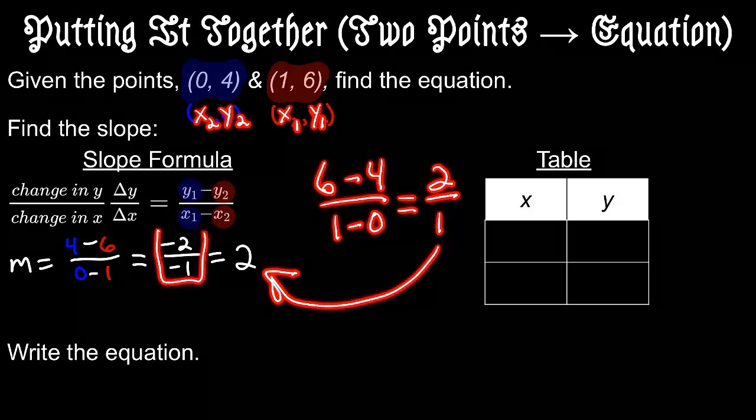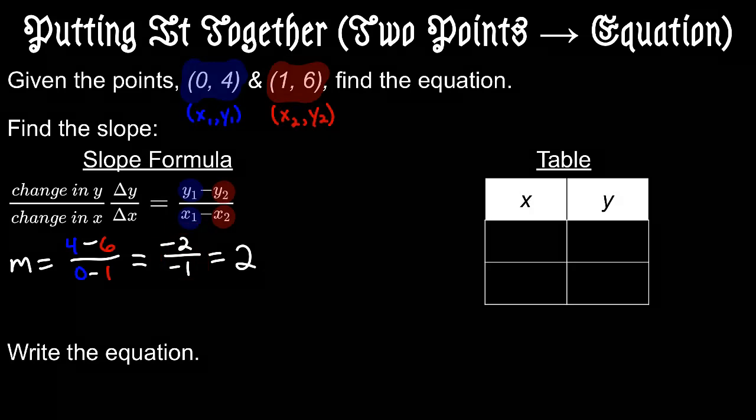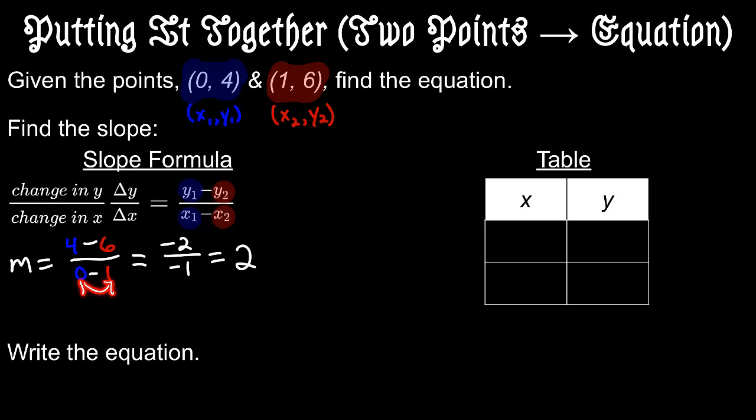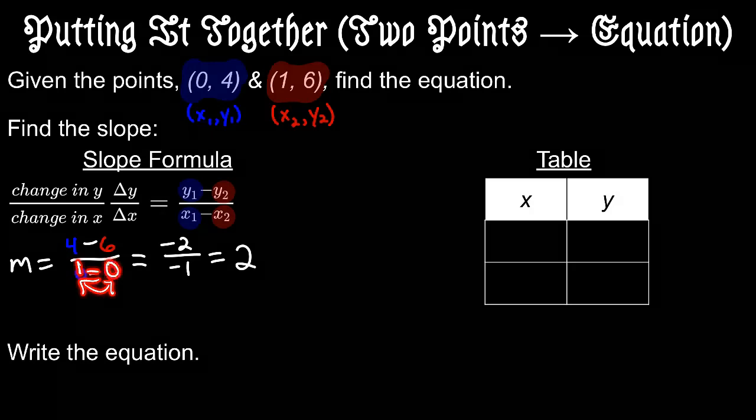The difference is here, they were both negative, and here, they're both positive. So you should always get the same slope no matter which point you choose as your first or second point. Okay? But what you can't do is have this one be blue and then switch these around like 1 minus 0. That would get everything messed up. Okay? So we found that our slope is 2,